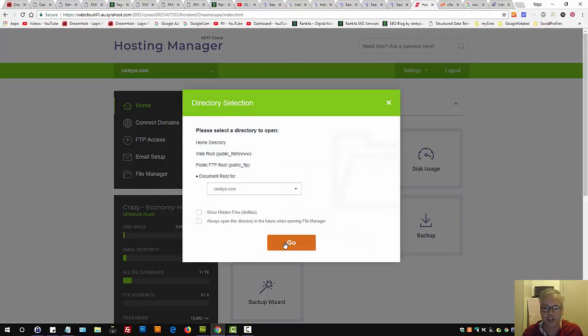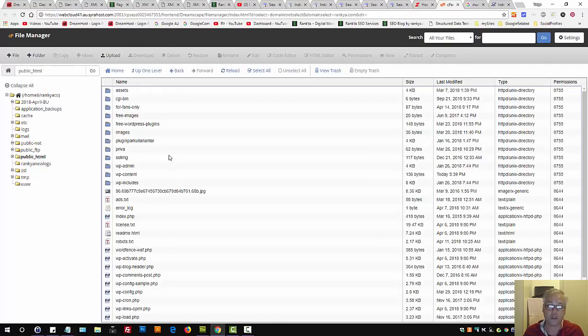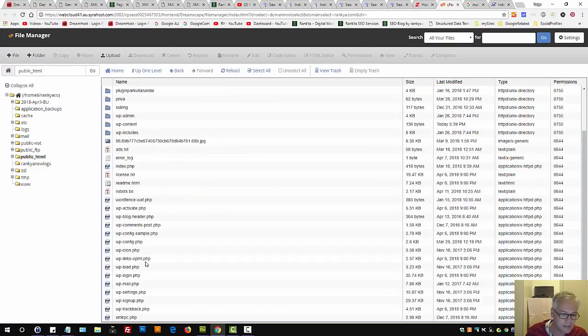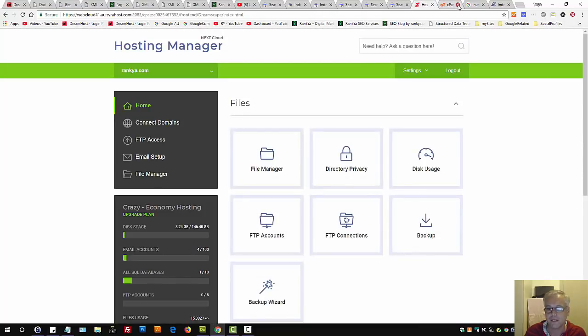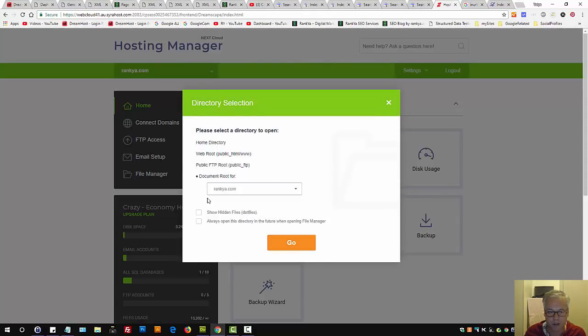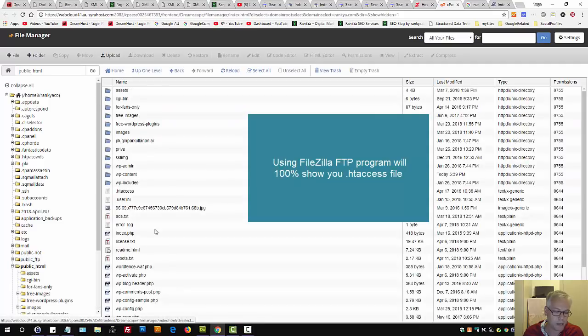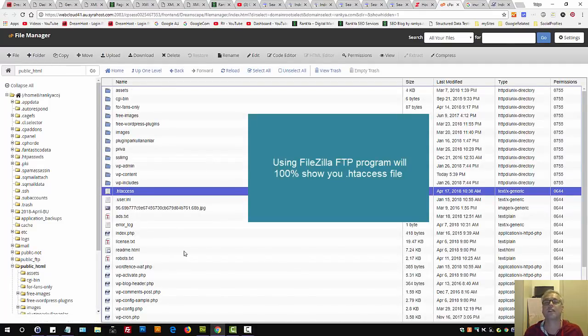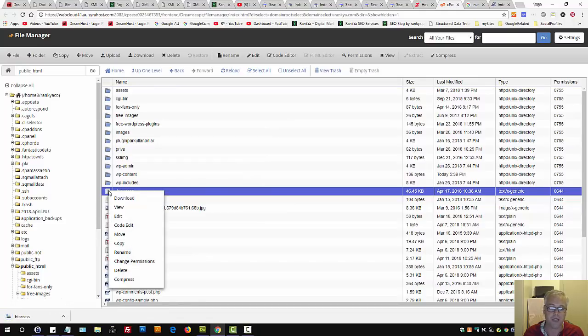Go to File Manager, go to Document Root. It's a hidden file, and there is an .htaccess file in here. I couldn't see it because I need to show hidden files. Now I go into public_html and you see the .htaccess file. Right click, download a backup. If something goes wrong, you can upload the backup. Then I would right click, edit,